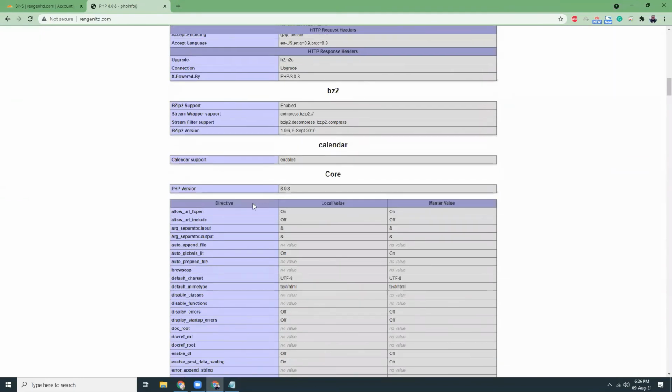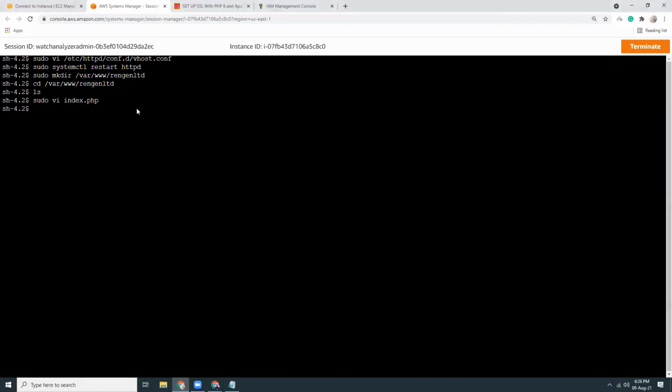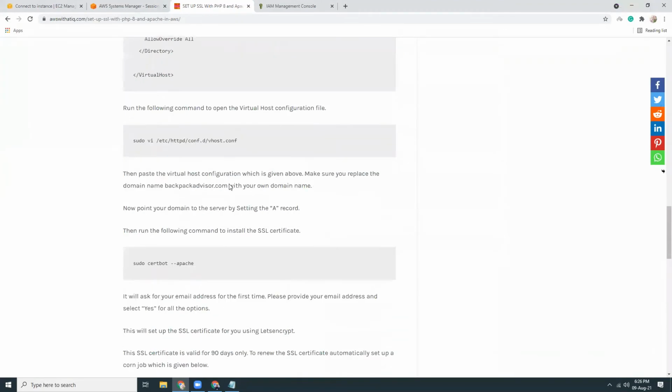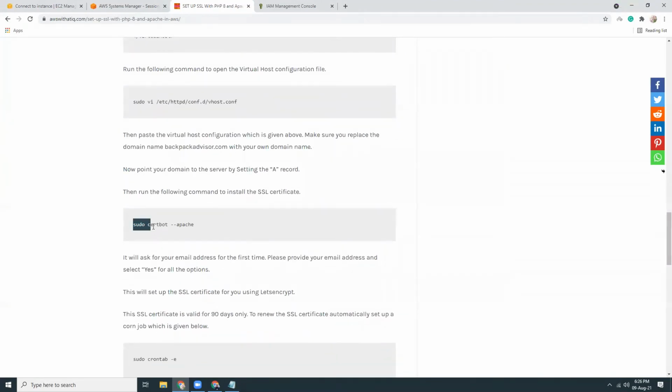That's almost done, but one thing that is still not really good is the security part. So we need to install HTTPS. And how can we do that? It's simple. We're just going to run one last command.